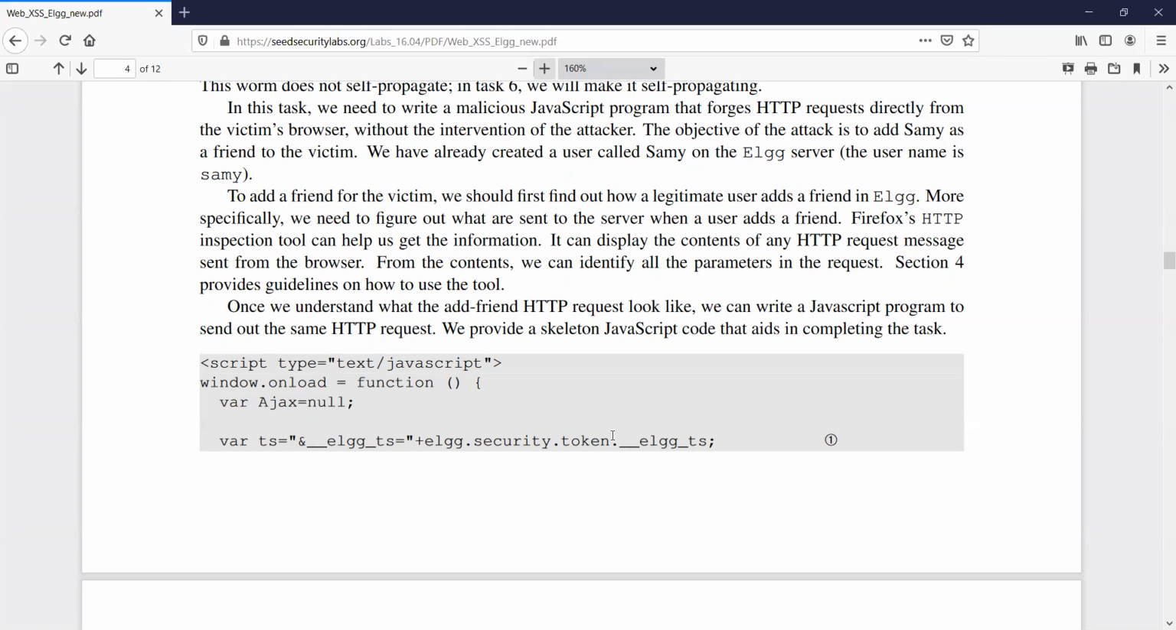And this is where Firefox's HTTP inspection tool can help us get that information. It can display the contents of any HTTP request message sent from the browser. Okay, and that's what I just said. From the contents, we can identify all the parameters in the request section. In section 4, we'll provide more guidelines on how to do this. Once we understand what the add friend HTTP request looks like, we can write a JavaScript program to send out